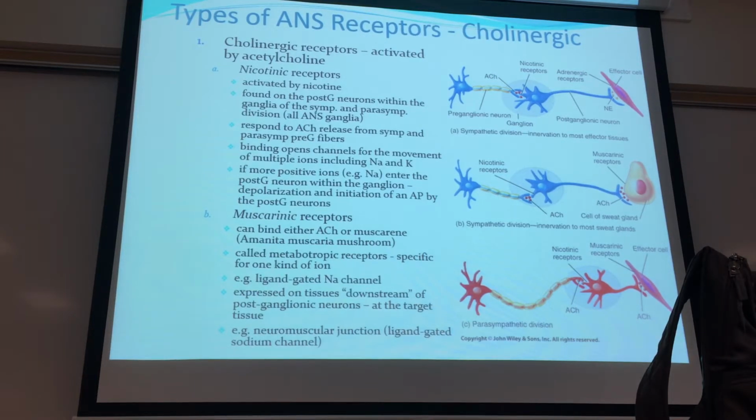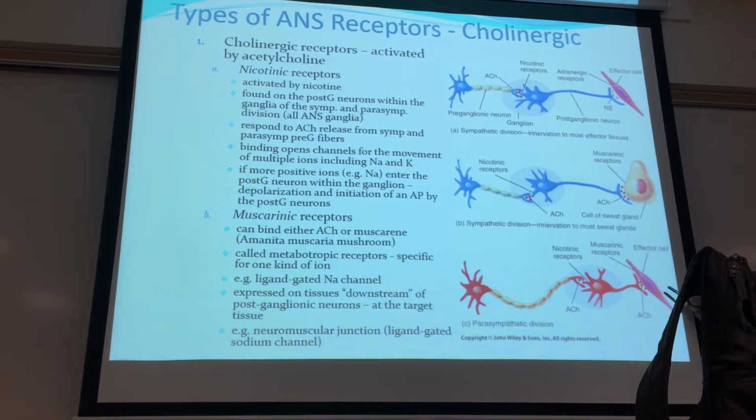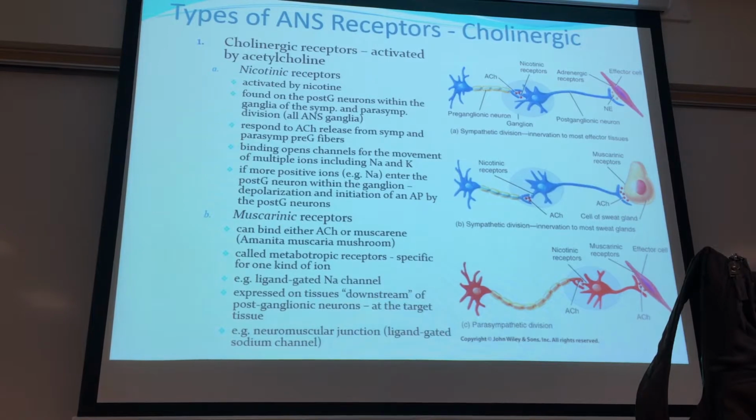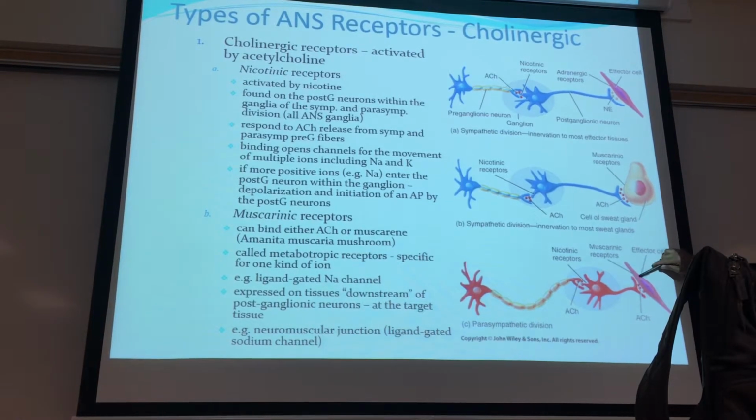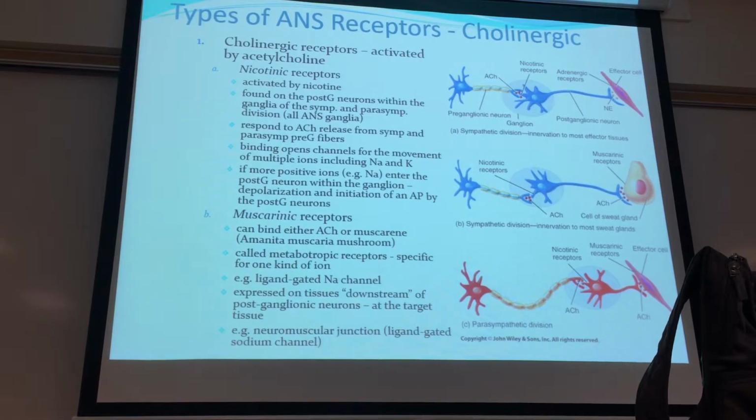So nicotine, as you know, is something that is excitatory. It's the same nicotine that's found in tobacco, but it comes in and excites all of our preganglion neurons. So nicotinic receptors are located on the postganglion dendrites, and then if we take a look at the target cells, they are going to contain muscarinic receptors that also bind to acetylcholine. Why are they muscarinic? It's because they can also bind to another chemical called muscarine, which is derived from a specific type of